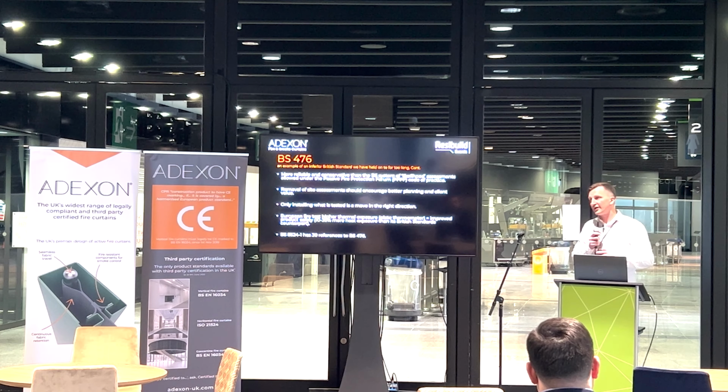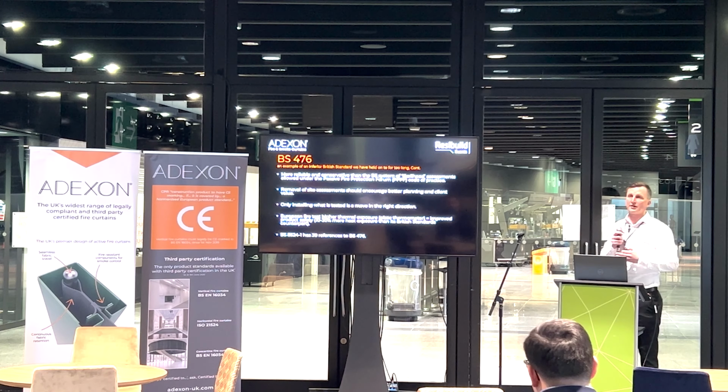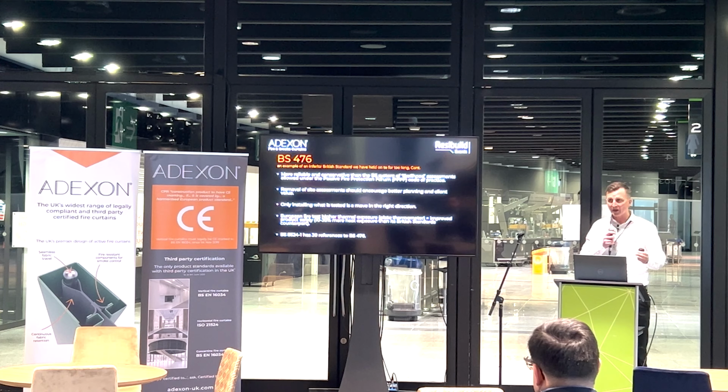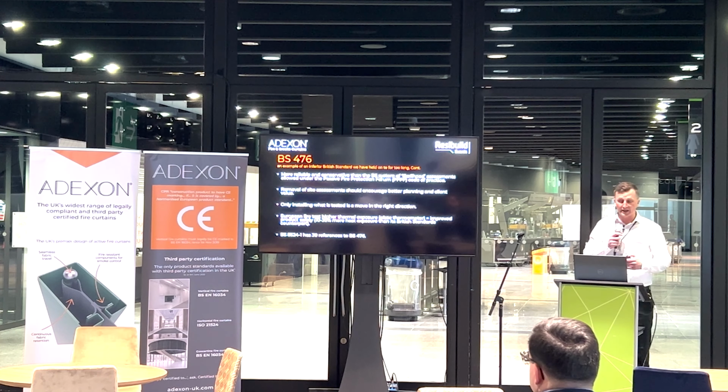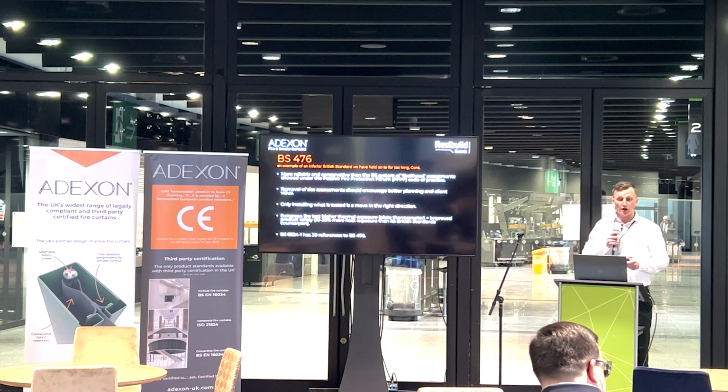How this is relevant to fire curtains is, you may be familiar with BS8524 Part 1, which is a British standard relating to fire curtains. It's actually recently lost its notified body backing, so it's no longer available with third-party certification, which is really a pause on the standard, if not potentially an end to it. One of the downsides is that it has 30 references to BS476 in it. We, as a company, moved to the European standards some years ago, so none of our fire tests are to that